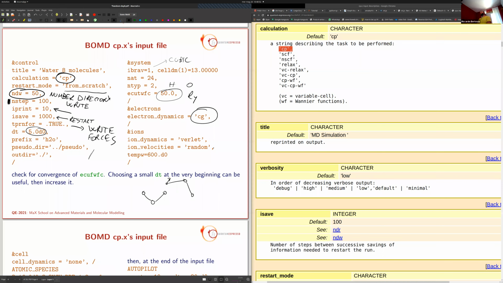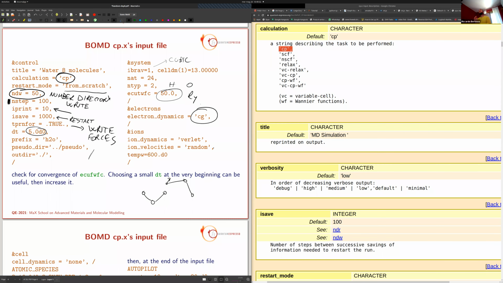We tell the code that at every time step of the dynamics we want to do a conjugate gradient minimization of the electronic degrees of freedom. For the first step, the code will start from scratch, so we set a random wave function or some educated guess. Then at the next consecutive time steps, it will use the previous solution for the ground state to start with, and then it will minimize this initial guess, which is a lot better than a random electronic wave function,